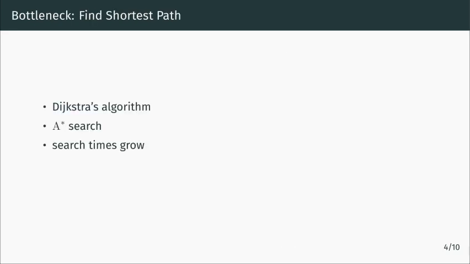For finding the abstract solutions in the abstraction, we can use any optimal search algorithm. For example, we can use Dijkstra's algorithm, but we can actually use A-star search because we know some lower bounds of the states that were on optimal solutions in earlier iterations. But even if we use A-star search, searching such huge graphs can be a bottleneck, and usually is. And what makes things even worse is that the time for finding a solution grows with the number of iterations because the abstraction grows larger and larger.